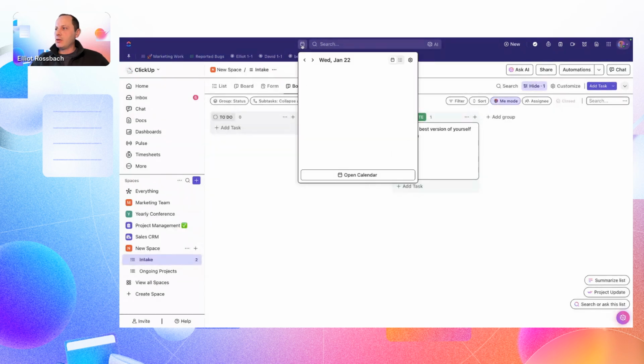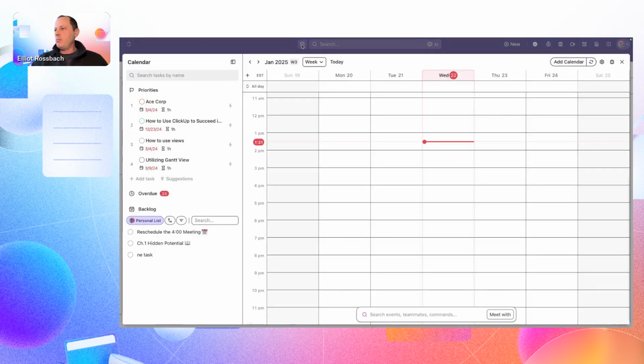You'll see there's a little calendar icon. You do have the ability to connect both a Google Calendar or an Outlook calendar. And there's some really amazing functionality here in that it's a two-way sync between those other calendar platforms. If I open up my calendar here, one thing that's nice is that the calendar is actually going to suggest work or tasks that I'm currently assigned to